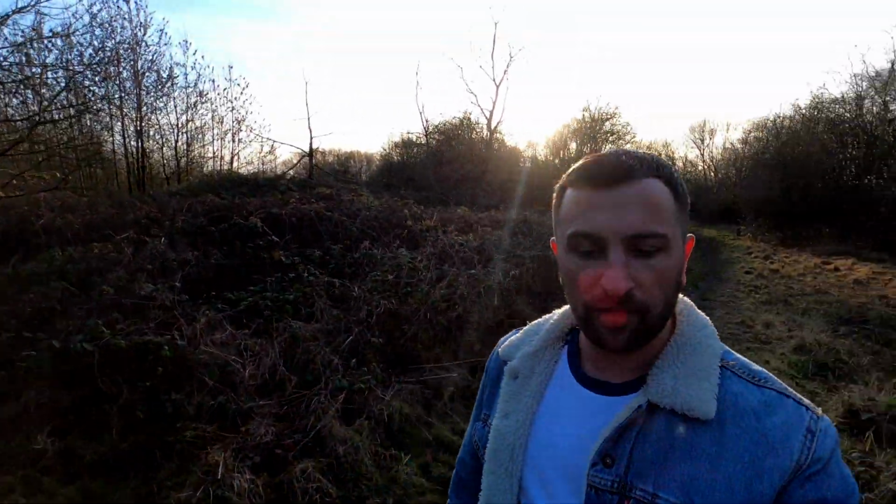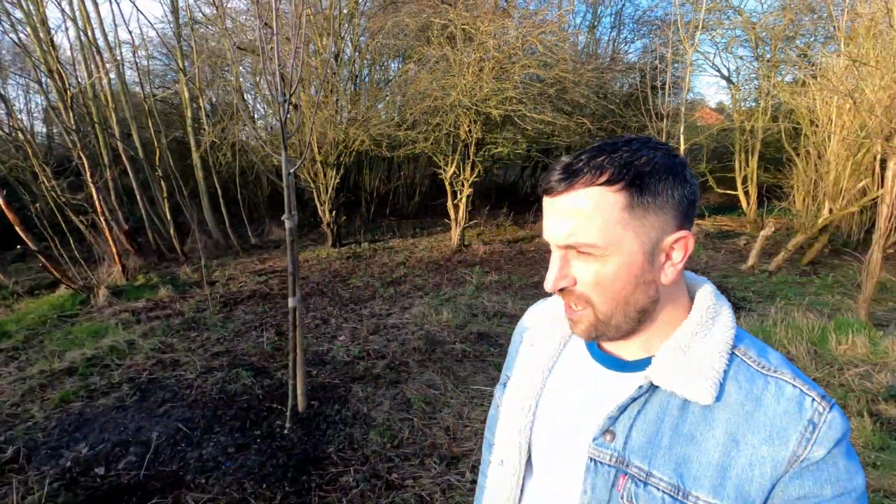But we're down here now, and as you can see if I pan round, it's heavily wooded now, and there's nothing that's standing out of any significance at the minute. What I'm going to do is just wander around and see if there's any remains or anything left. Now, the railway came down from my right here, where I was stood earlier on,